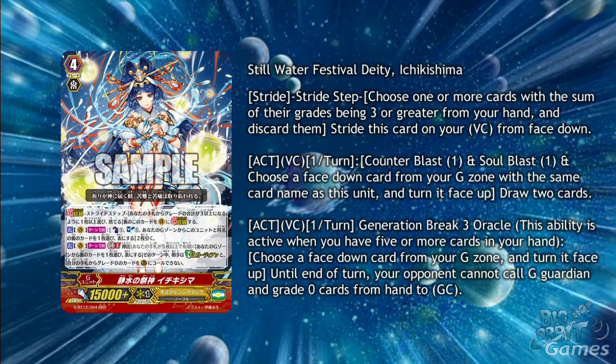Still Water Festival deity Ichikishima is a triple R Stride for Oracle Think Tank. Her first skill is Act Vanguard Circle once per turn, Counterblast 1 and Soul Blast 1 and choose a face down card from your G zone with the same name as this unit and turn it face up. Draw 2 cards. A very nice and simple skill, but she also has Act Vanguard Circle once per turn, Generation